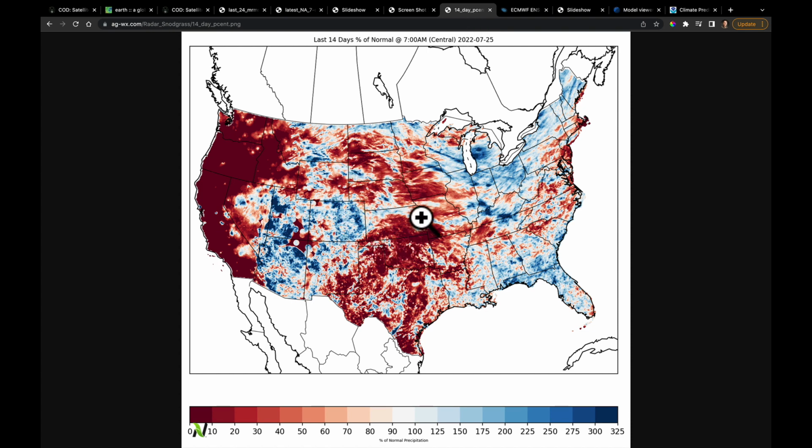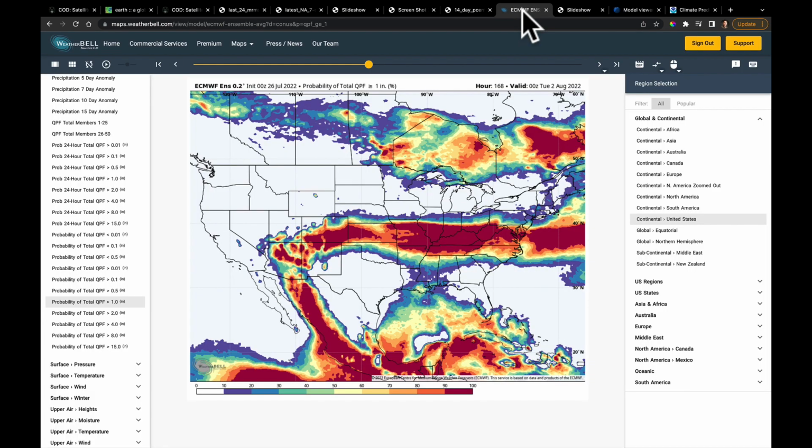Now let's come back to this idea about where this pattern is going. And I know I'm focusing a lot on the central United States, but I see that being the biggest area of risk going forward because the heat that's in the west now subsides next week. And there's going to be some rains that come in through this area and get into the mid-Atlantic. So maybe another way to look at that is let's just go out there for the next week and say,